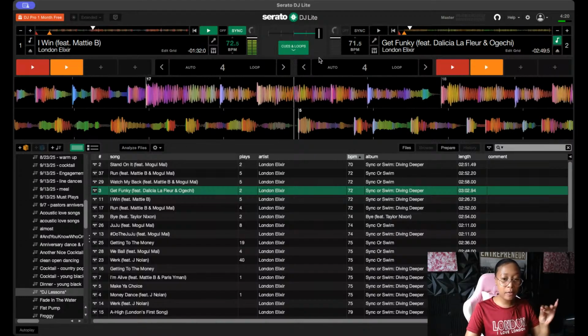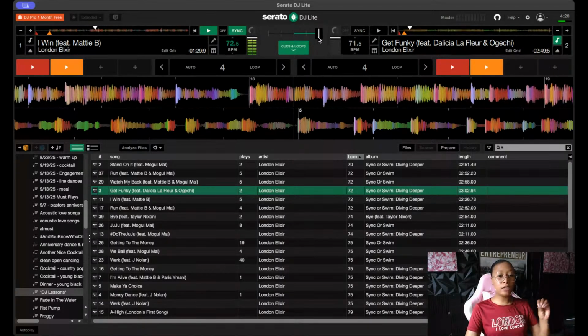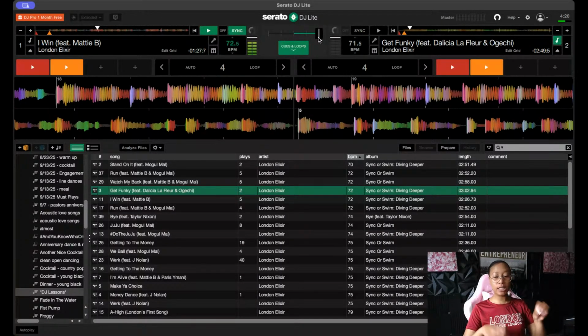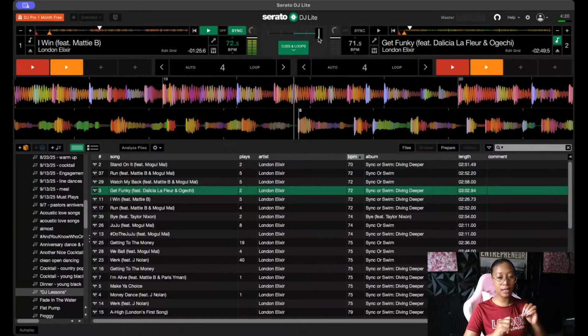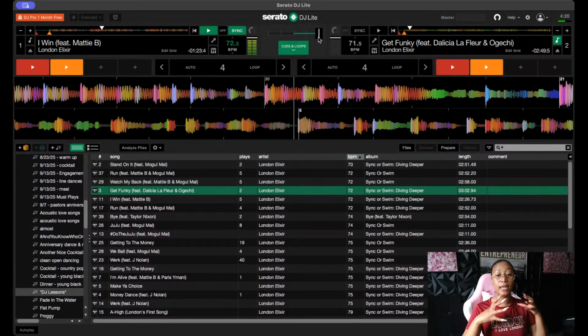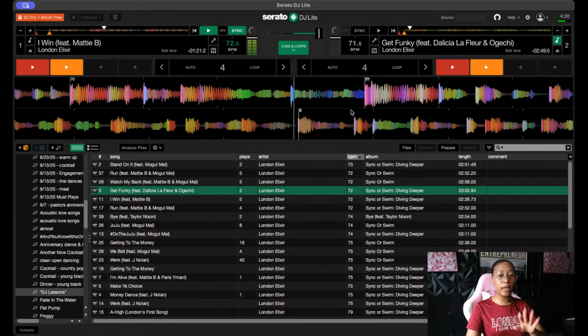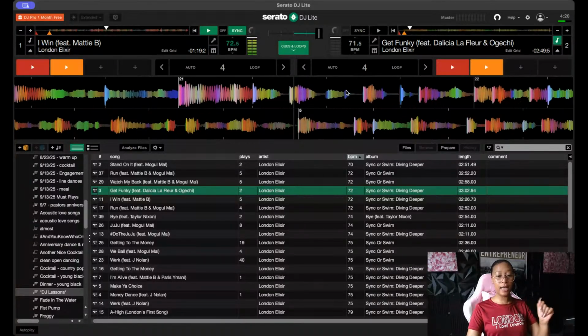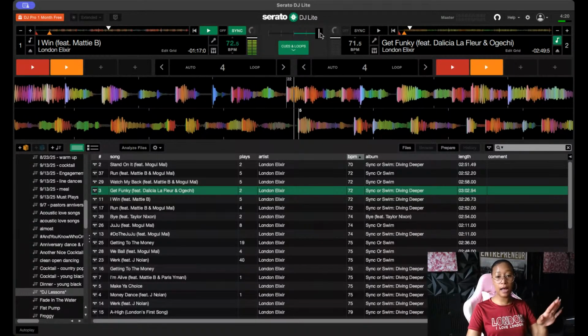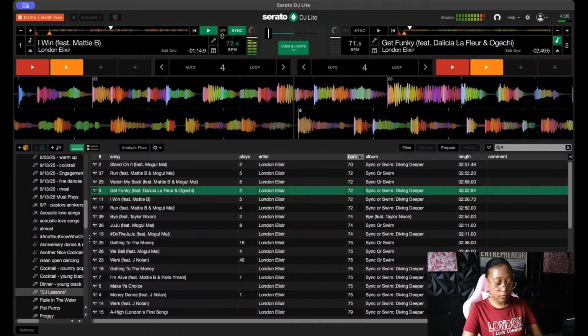Okay, so that's how we beat match and we blend. Sometimes, if you notice, when I hit the button I'm not as precise hitting the button on the keyboard. I guess there's a little bit of a delay on the reaction, so it won't line up to the beat exactly. So the way that I compensate for that is by tapping the song that is behind. So like if I'm doing this,